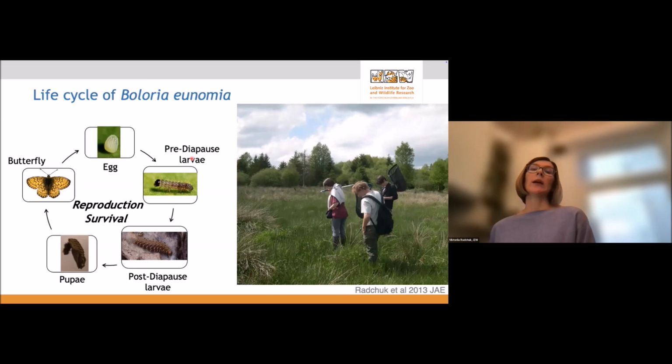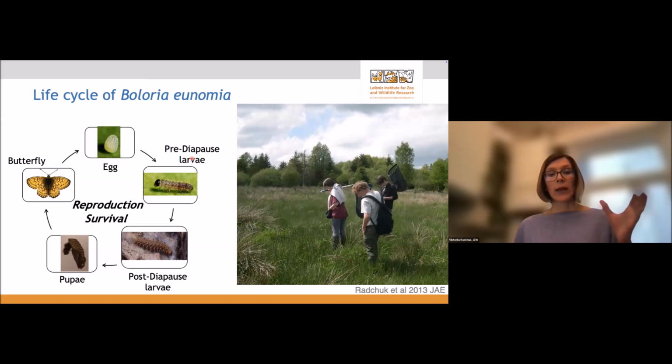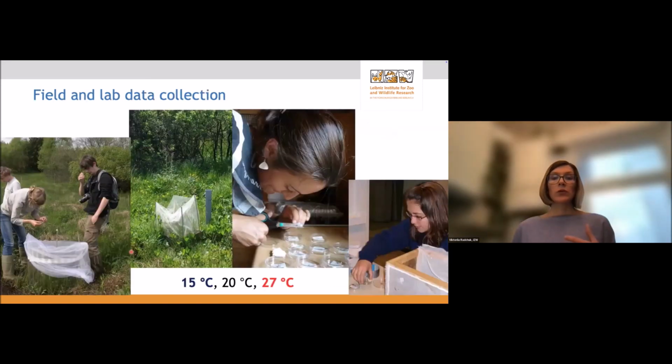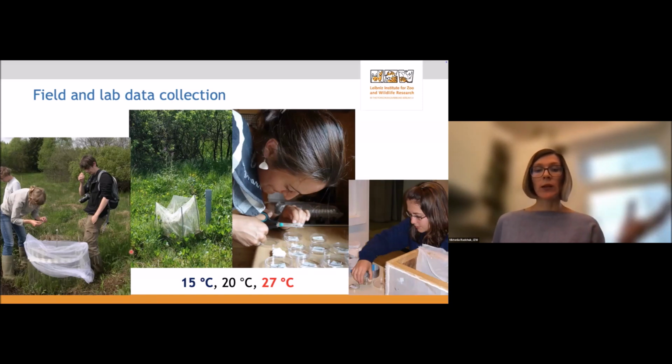So in order to quantify the vital rates to be used for our population matrix models, we conducted field work, part of which was a mark-recapture study to assess the current population size of this population. But we also collected some female adults and put them in cages in the lab to lay eggs. We then took those eggs and submitted them to 3 different temperatures in climatic chambers. And similarly, we then exposed larvae and pupae that survived from those initial egg batches again to